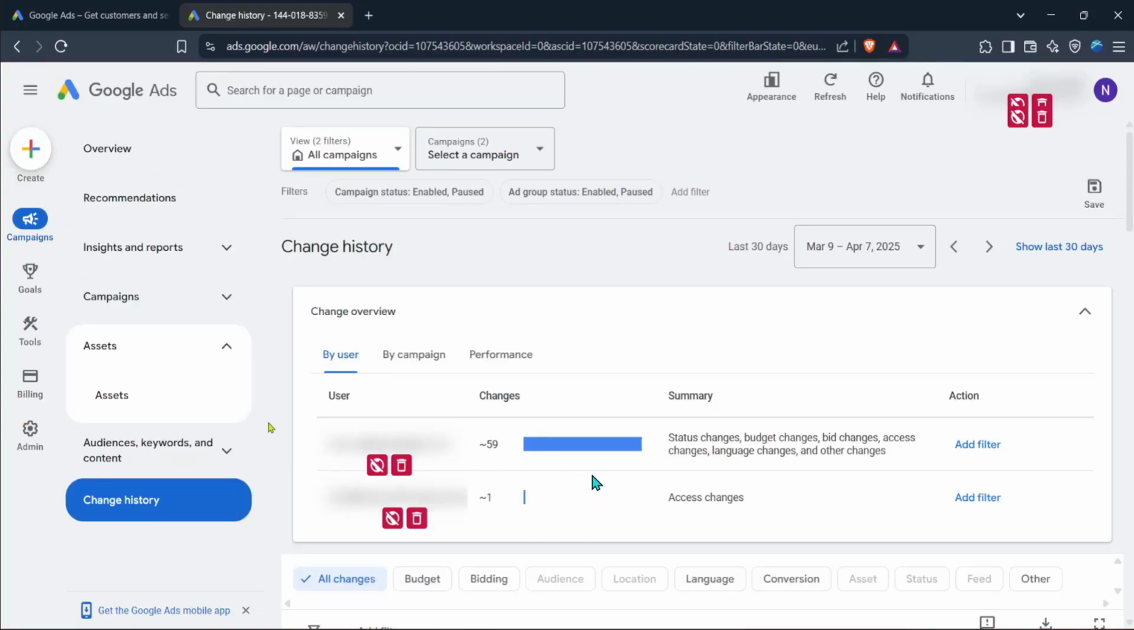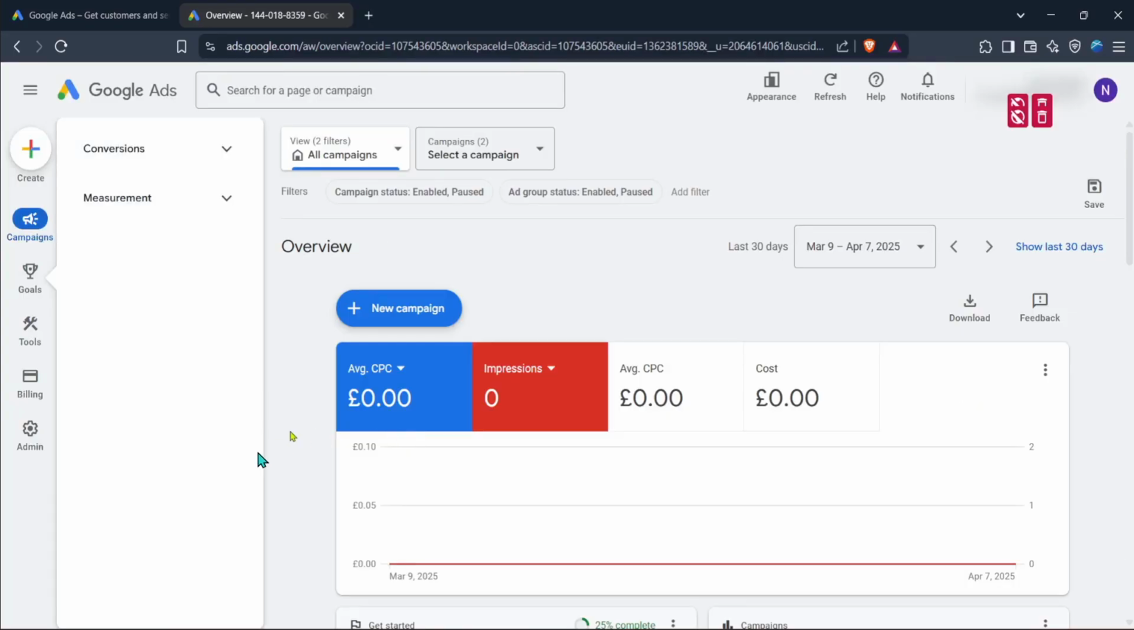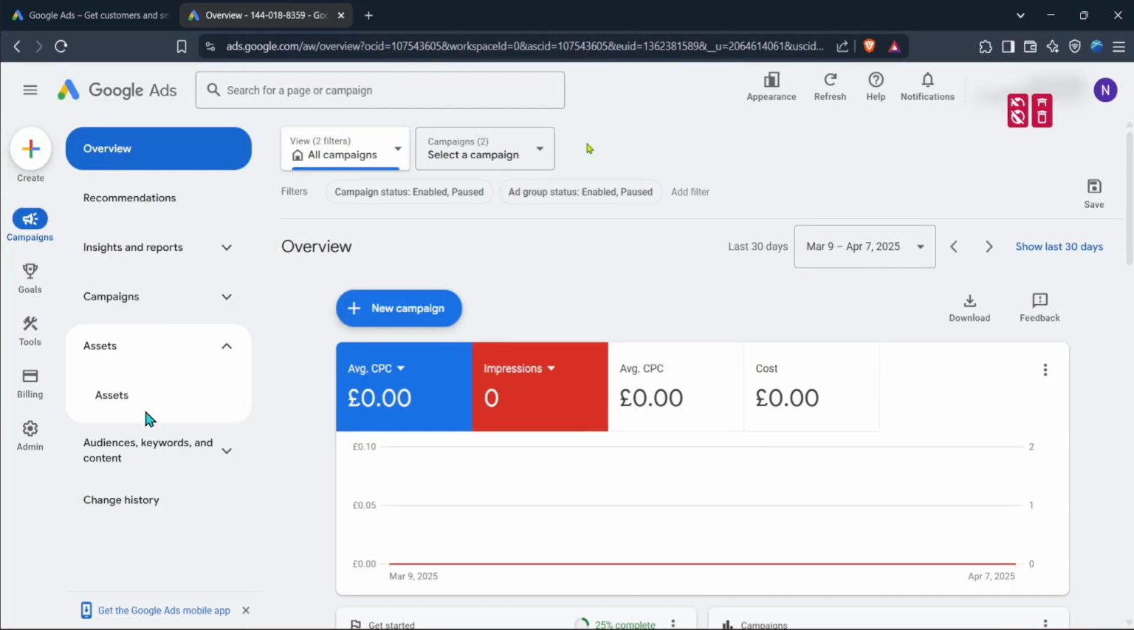And that's all it takes. Accessing and reviewing your Google Ads change history is simple, but it gives you deep insight into how your account evolves over time. By using it regularly, you can make smarter, data-driven decisions that lead to better campaign performance and